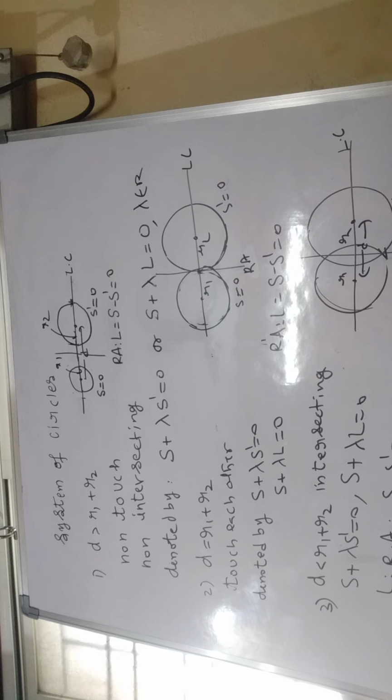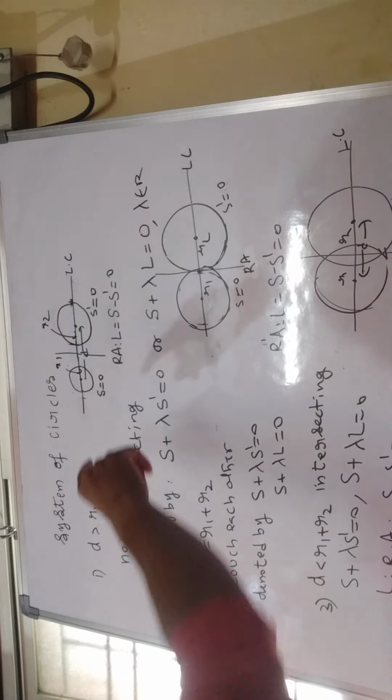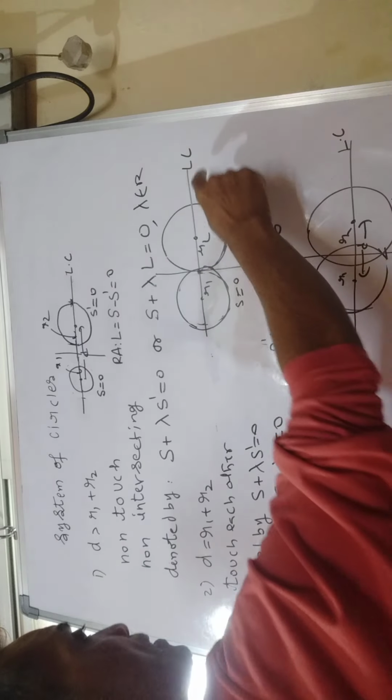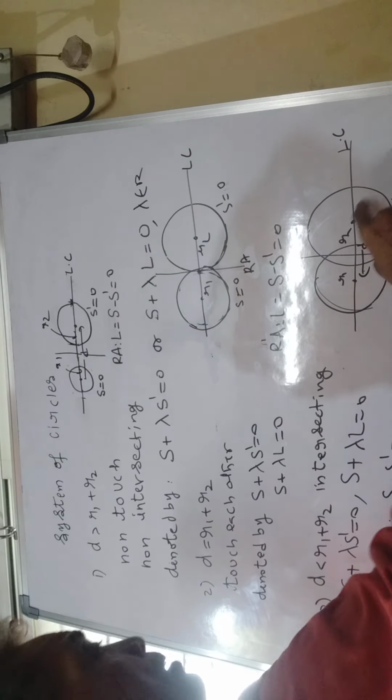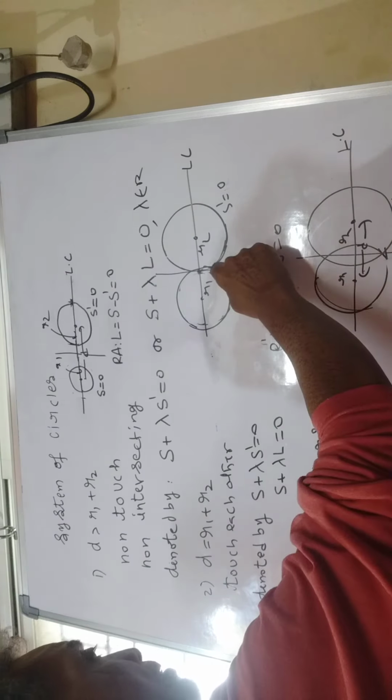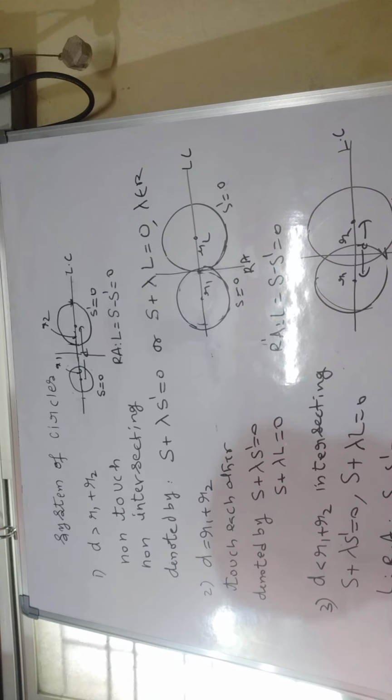There we use the distance between 2 points, that is nothing but here the circle equation. X minus x1 whole square plus y minus y1 whole square is equal to x minus x2 whole square plus y minus y2 whole square. You will get the perpendicular bisector of x1 y1 and x2 y2, that is the centers of the circles. That is nothing but here the radical axis. And another line passing through the centers of the family of all circles is known as the line of centers, LC. And this is the radical axis. Here it is common tangent, here it is common chord. So there are three cases.